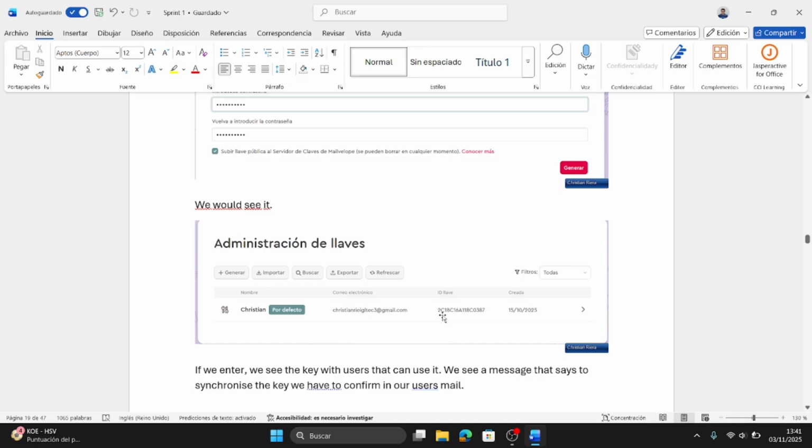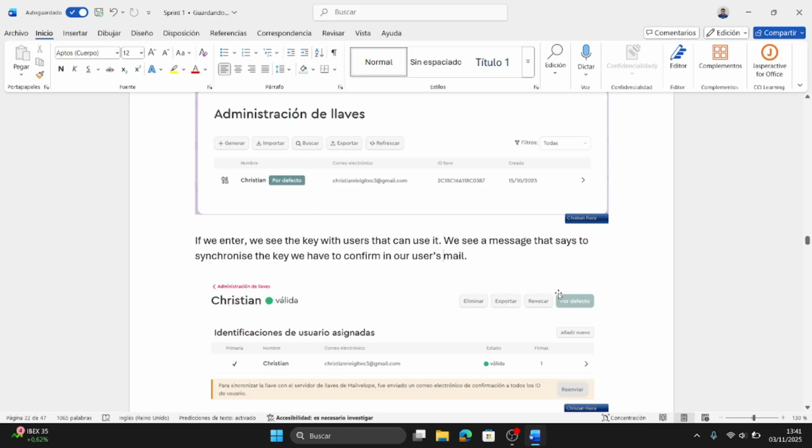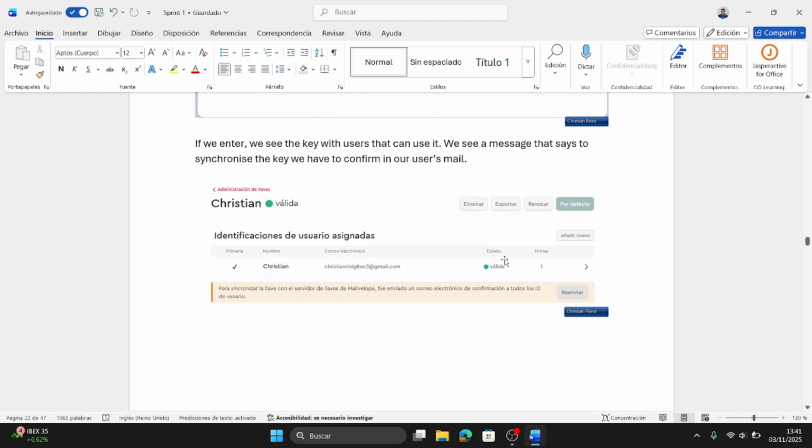For this, we have to enter our Gmail account, and we are going to see a message from Mailvelope that we have to accept, and when we accept, we are going to see that the state of the key is valid and it is ready to be used.